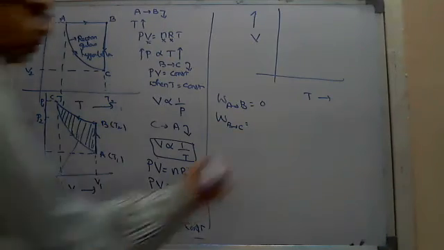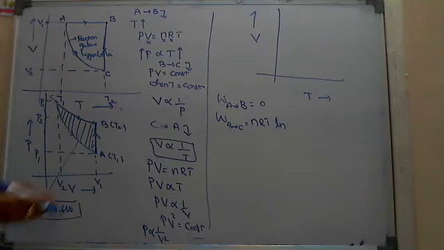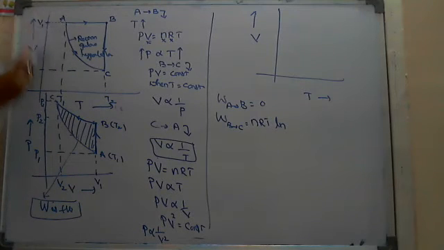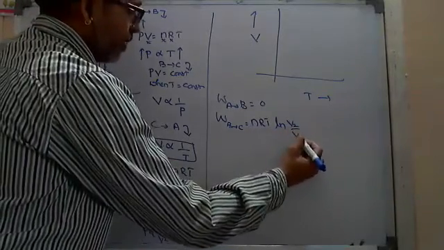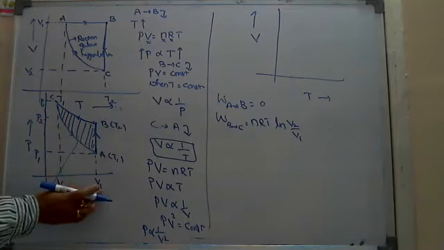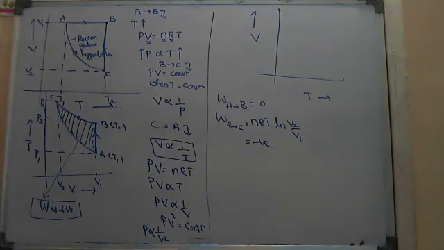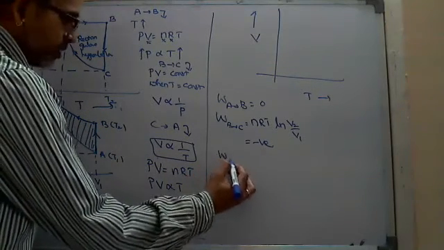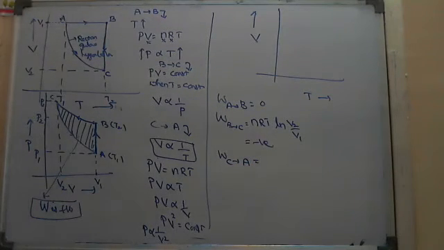For an isothermal process, the work done, I think you remember, is nRT times log base e. Here, whatever the values, not pressure, actually we know the values of volume. nRT times log V2 by V1. There you will get negative. Why? Because V2 is less than V1. Surely you will get some negative value. By that we have to find out from B to C. And C to A, this is dangerous, which is equals to, it is not a perfect isothermal or adiabatic.